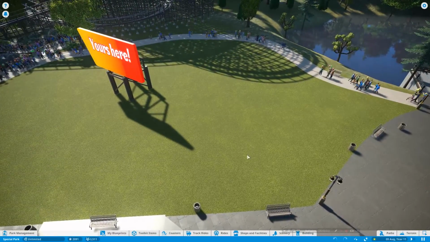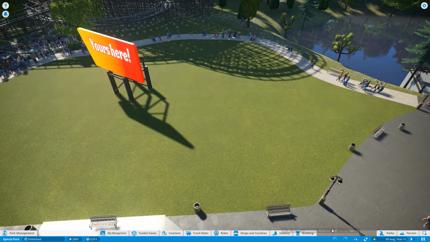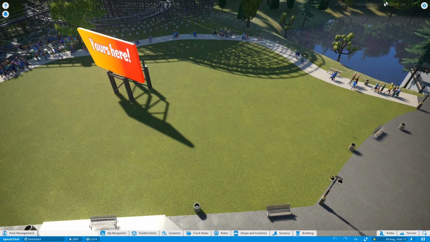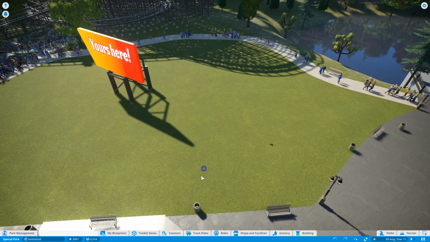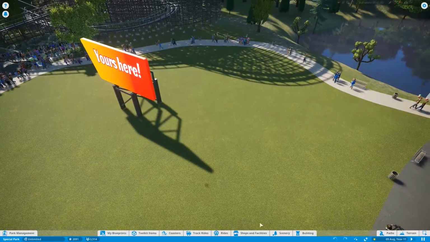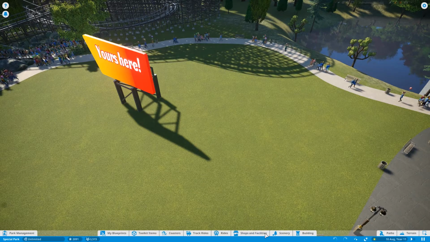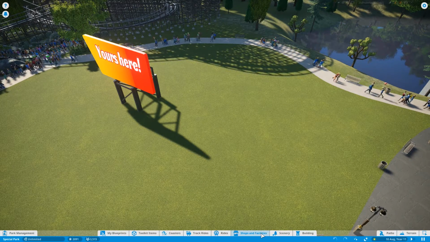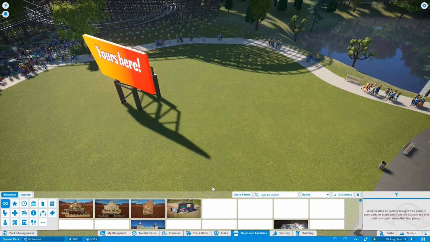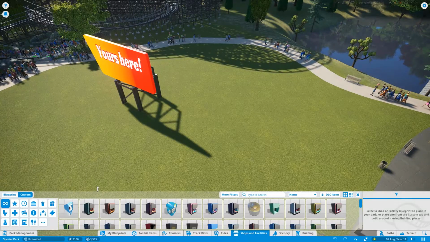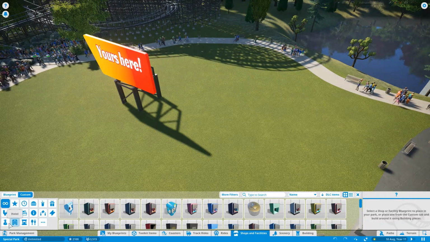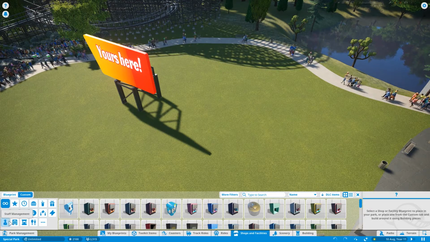So in the area over here, no, let me just move this away. I should have hidden that, but it is in the way. So in the tabs down here, this is the normal Planet Coaster UI. For those of you who haven't played this, we have shops and facilities down here. We can pretty much expect that to be happening in Planet Zoo as well. It will definitely look different, but then there is this little tab down here which is called staff management,